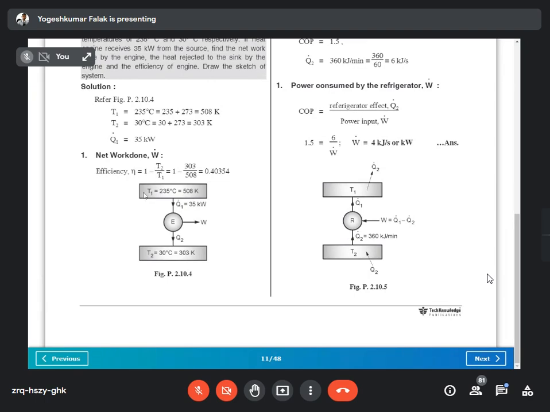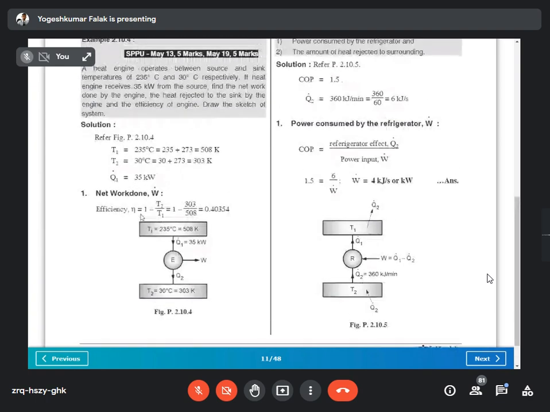You draw this sketch in your notebook. Accordingly, this is your T1 equal to 235 is equal to 508 Kelvin. Q1 is equal to 35 kilowatt. It's the heat engine HE, work done by the system. Rejects heat to the low temperature sink. T2 is equal to 30 degrees Celsius is equal to 303 Kelvin. So first you need to find out the net work done, that is Q1 minus Q2. You must have the efficiency equal to 1 minus T2 by T1, which you get as